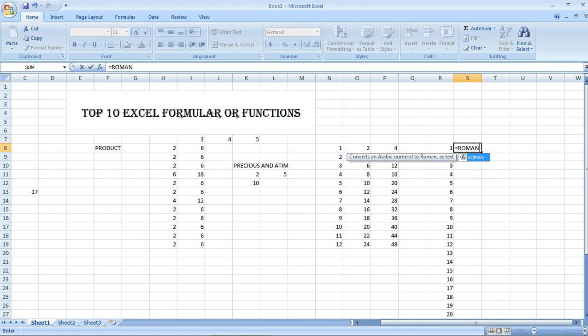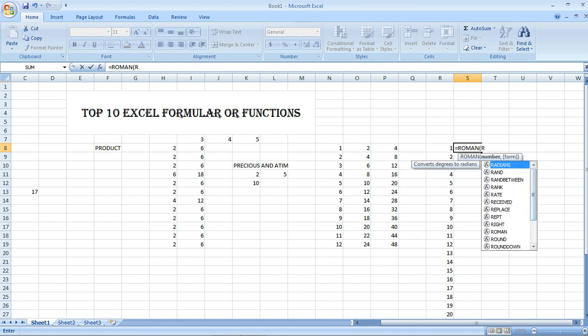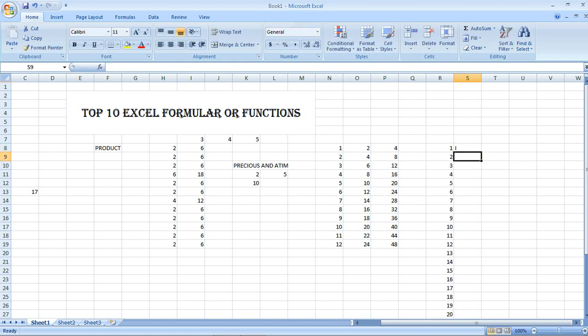You open your bracket. Now the cell address is what? The first one there is R what? R8. You are only doing it for the first one. You close your bracket back, you enter. That automatically gives you I here. So you scroll down,